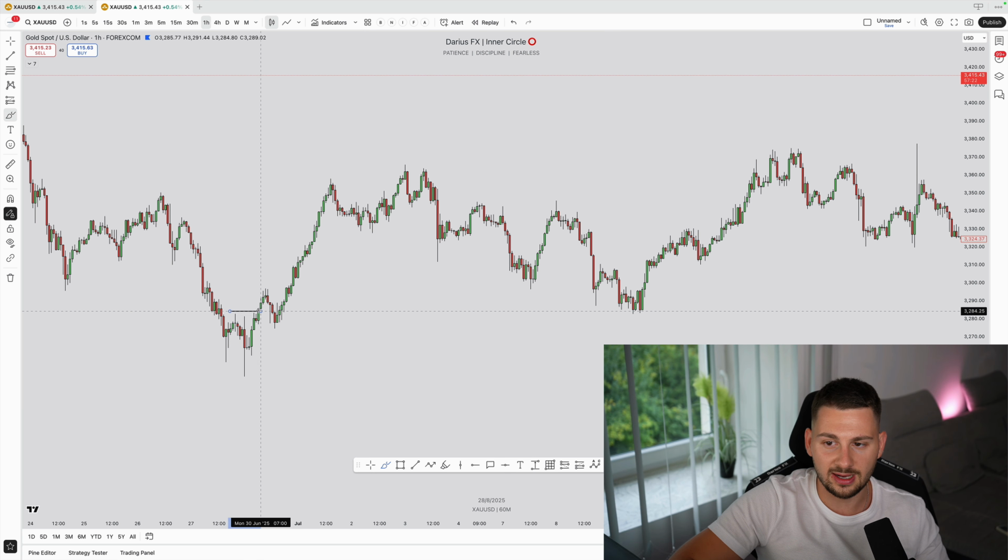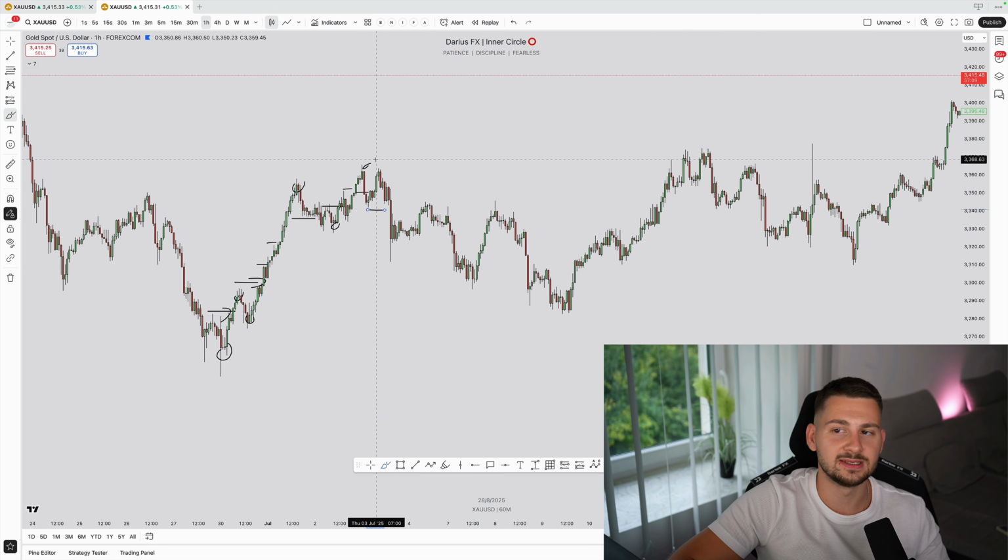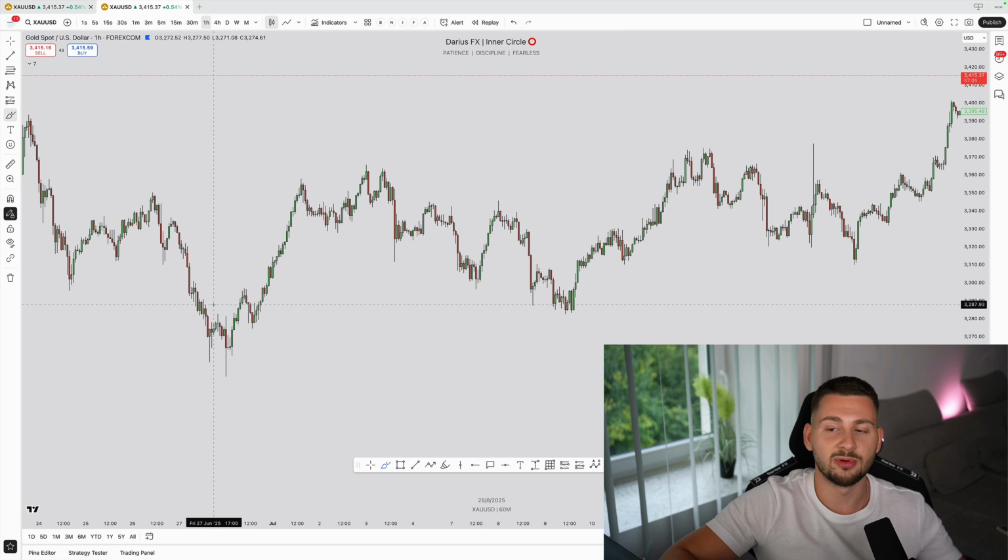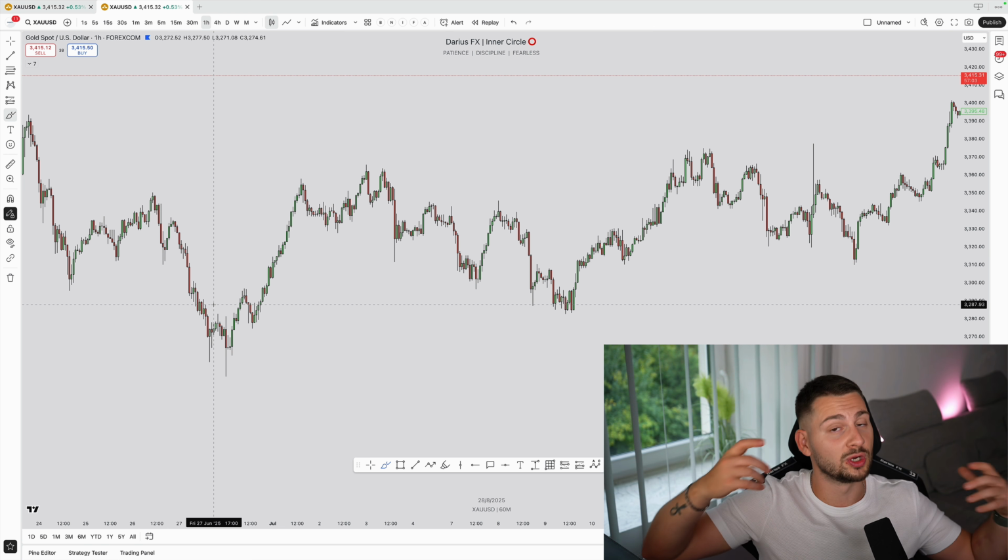Like here, high highs, high lows, high highs, high lows, high highs, high lows, high highs, and then you see multiple break structure and so on, right? Sometimes works, sometimes doesn't work, and so on. That's the power of this concept. You just gotta understand how to put it together later on. But for now, that's the concept. That's what you gotta learn.